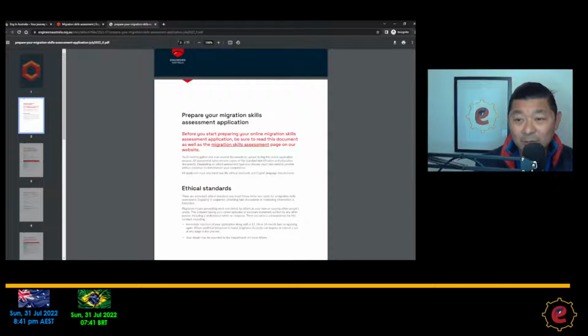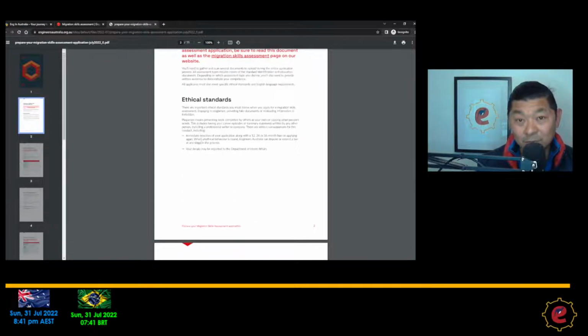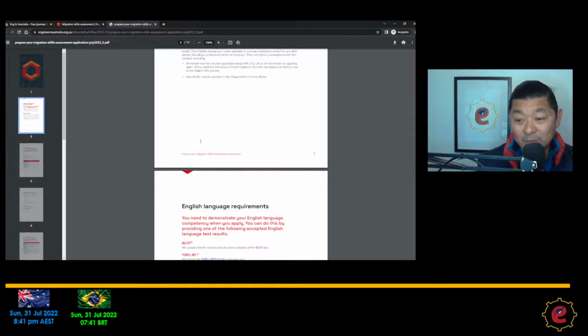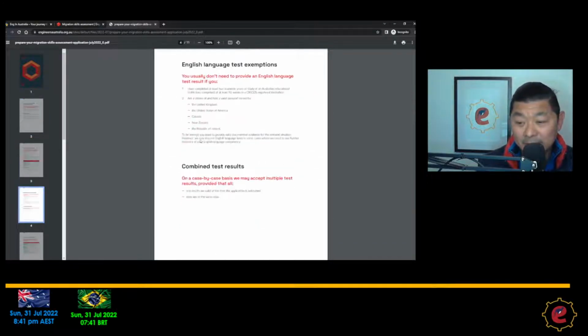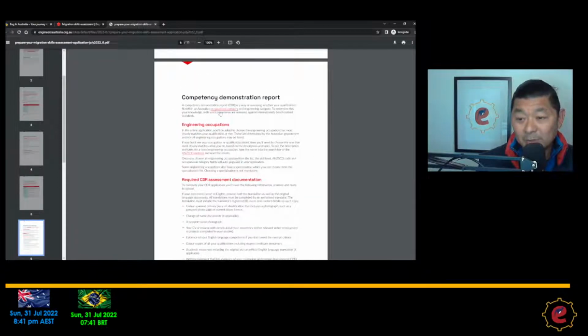And you can see that this one has 11 pages. The previous one had 50 pages. Is it good? Is it bad? Because from 50 going to 11, what does that mean? Well, it means that when you go through the booklet, the information is pretty much the same, but it's not really. If you print these 11 pages, you will see that there are all the links that you need to click, and obviously it will add up. For example, in the categories, where are the categories there? Occupational category.